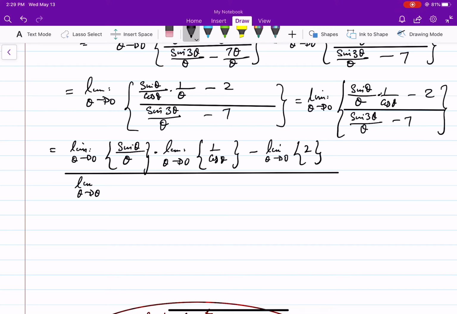And here's what, I'm going to go back here and save myself a line. I'm going to massage this piece right here and multiply and divide by 3. That will save me an extra line. Then when I'm doing this part of the limit, I'll pull out the numerator 3 and leave the rest of the expression as sine 3 theta over 3 theta. Get it? So 3 comes out times the limit